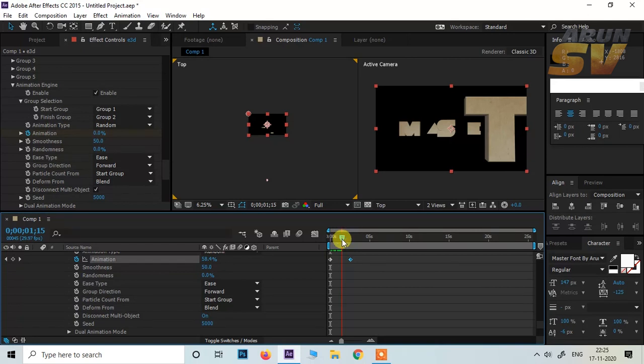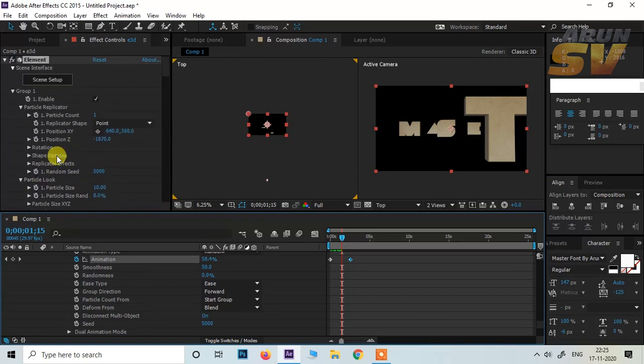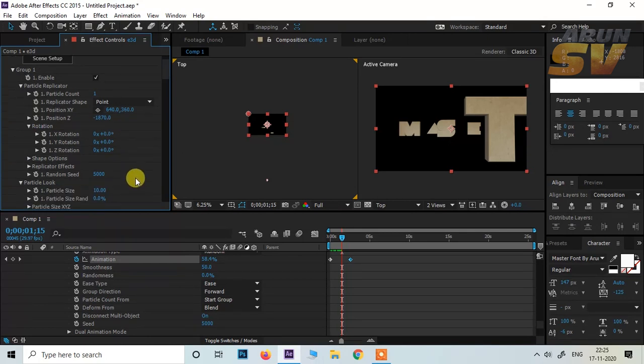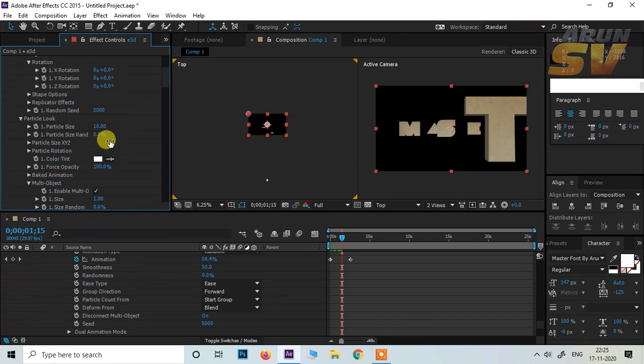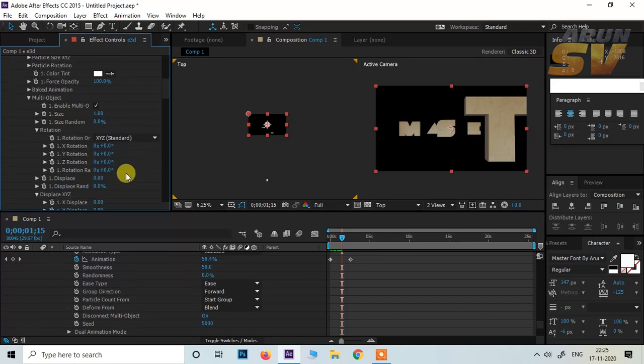Next we add some random rotation movements to the text. So go to rotation. Now we can animate with multi-object rotations, so that it will rotate the individual text separately. So go to multi-object rotation and rotate it a little bit like this.